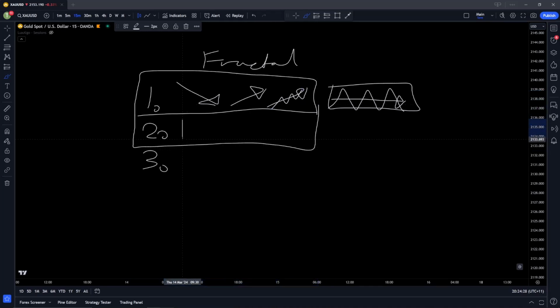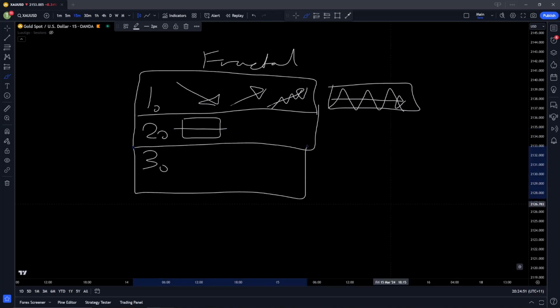The second step is just an area of interest or a level. That can be basic support and resistance, which is what I use. Or if you want to be a bit fancy, you can do smart money concepts such as order blocks, fair value gaps. Just find what works for you and you can consistently trade. It doesn't really matter. Just find what works for you. And I'll go through how I find that as well.